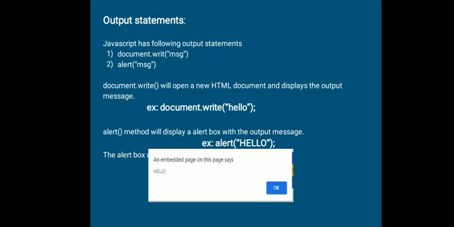It opens a new HTML document and displays the message. Alert will display an alert box. Instead of opening a new document, in whatever document we are working, in that document only it displays an alert box.